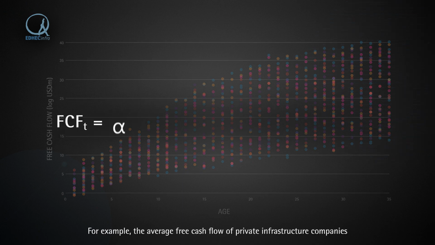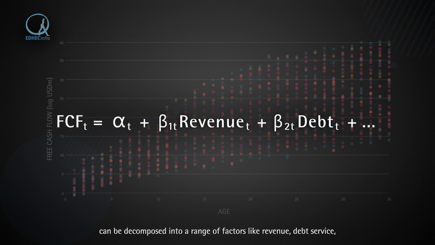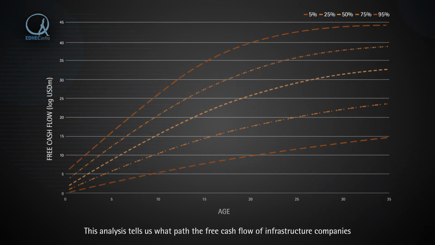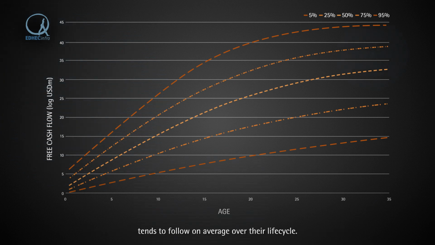For example, the average free cash flow of private infrastructure companies can be decomposed into a range of factors like revenue, debt service, and various sector and business model control variables. This analysis tells us what path the free cash flow of infrastructure companies tends to follow on average over their